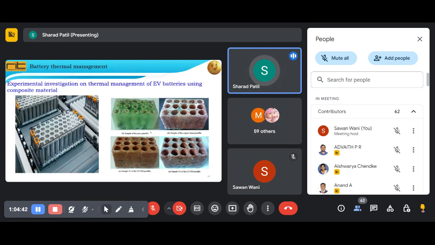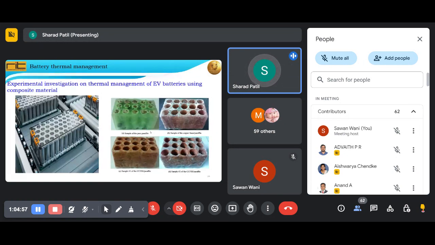Different composites are added in the PCM, with which they are trying to check the thermal management of the battery systems. Okay, so this is the background of this problem, and here we would like to have a research